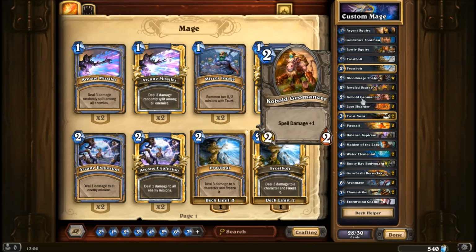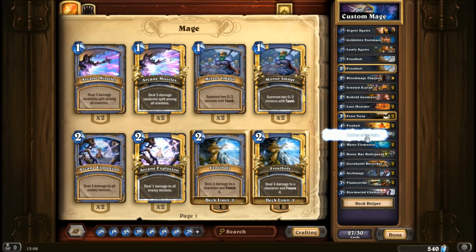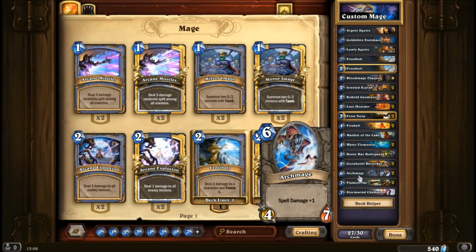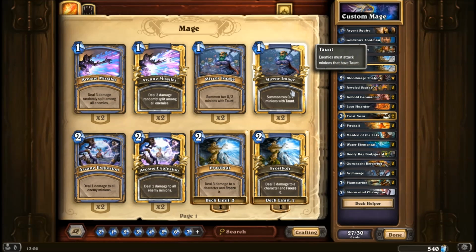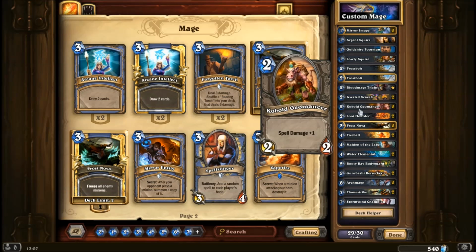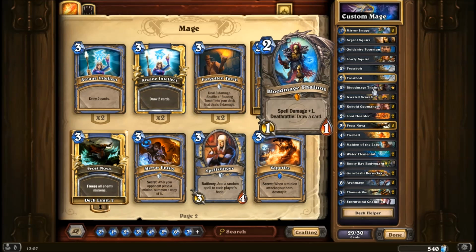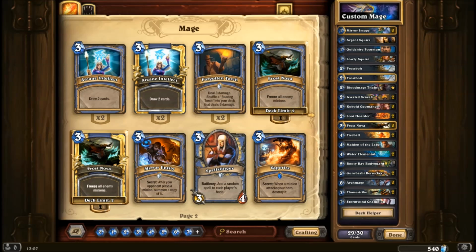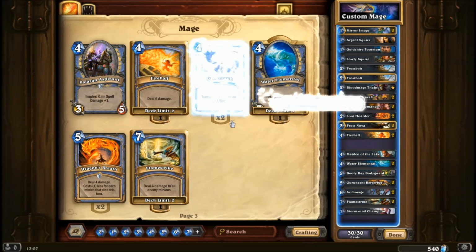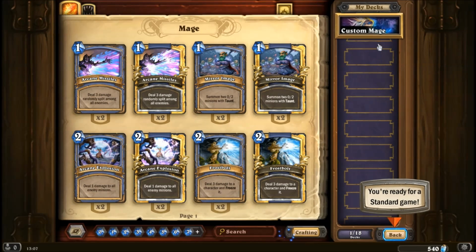So how about we get rid of this guy, because we've got spell damage late game anyway. We'll get some taunt just in case. And then, do we need some card draw? Got a little bit of card draw there. 1, 2, and then this one here, that's 3. How about we take a polymorph and we'll call that done and see how it goes. So we're ready for a standard game. Let's call this...